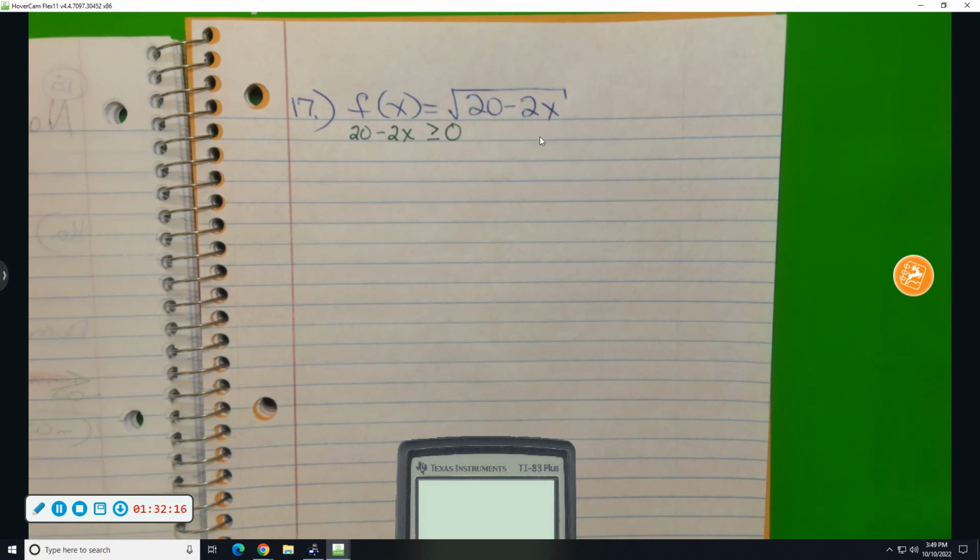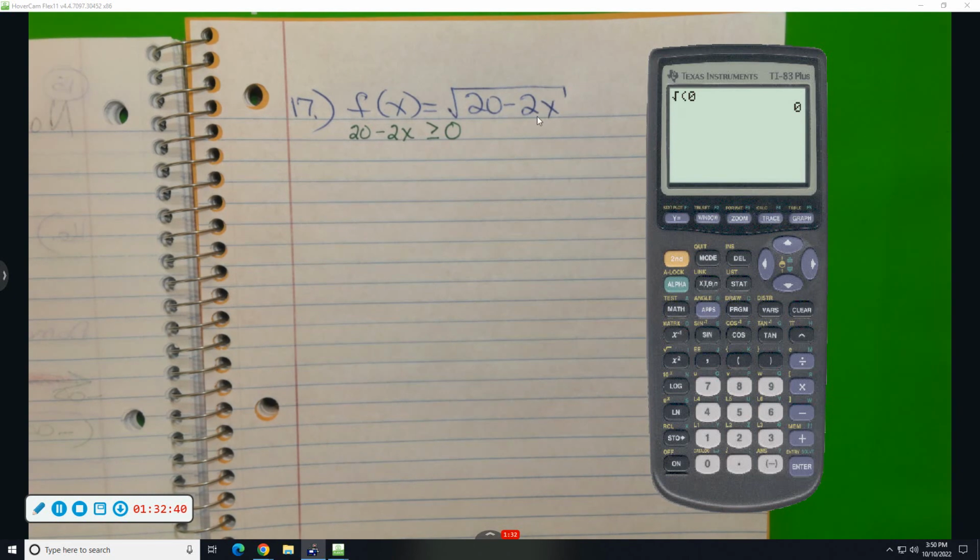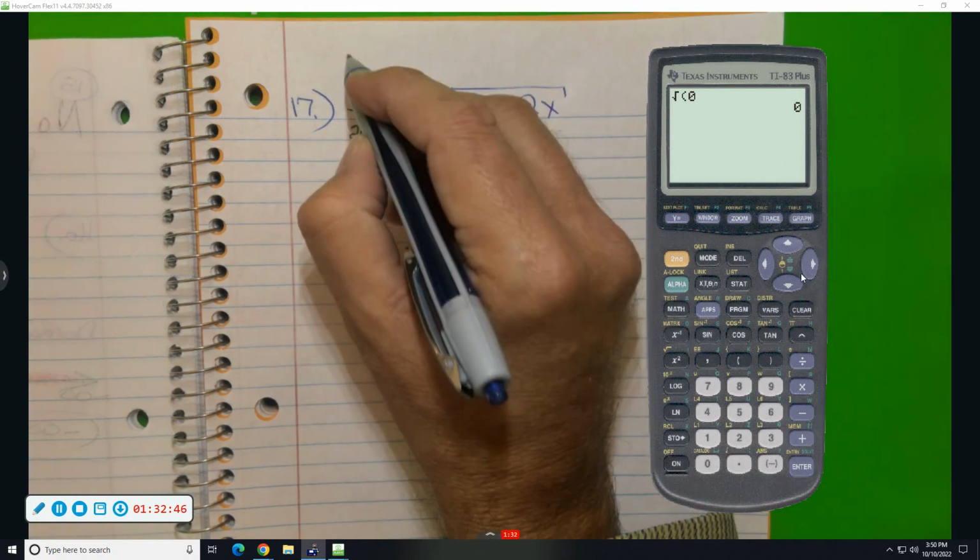Pull up that calculator and show them. Put a square root of 0. Square root of 0 is perfectly fine. What's the square root of 0? 0. That's a real number. That thing under there can't be negative. You can't decide, oh, I'm going to plug in 100 for x. 20 minus 200, that'd be a negative number under there, okay? But the smallest that thing can be under there is 0. So if it says find the domain,